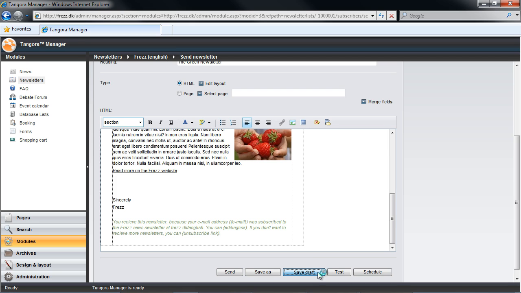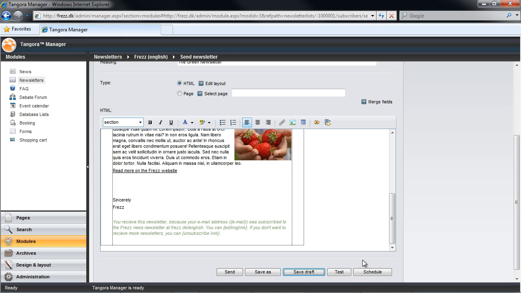In this case, we're saving a draft that we already have begun work on, so that will be the appropriate option. Next, we can see we have a test feature, and we can send out a test email to an email or emails of our choice, and we'll do that in just a second. But to round things off, I should just mention that we have another option here called Schedule, where we can actually select a given point of time out in the future, that is to say a date and a time, where we want to send out our newsletter.